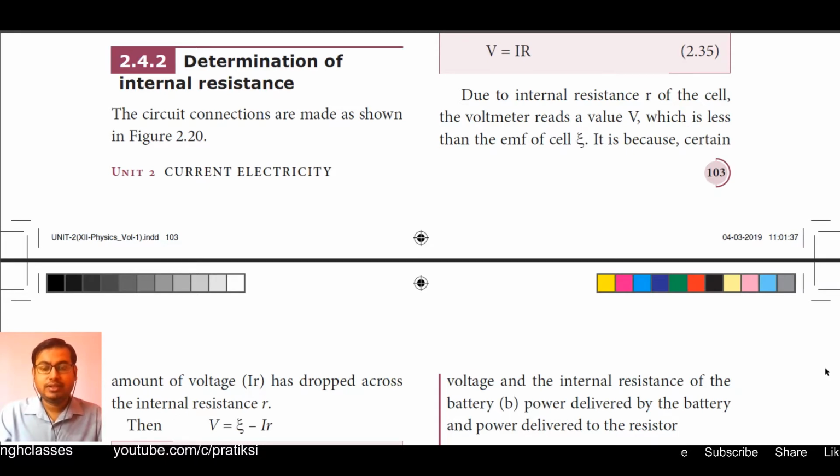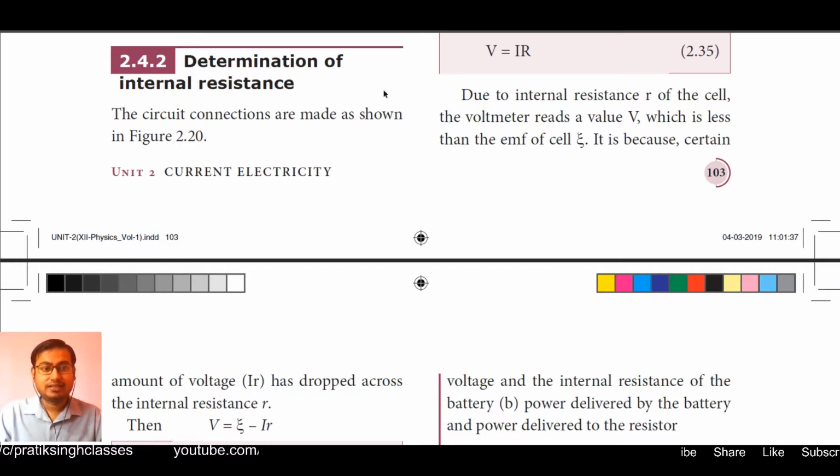We know very well that when current passes through any conductor, the conductor creates a resistance in the flow of current. The flow of current starts from the battery, but even inside the battery there is some internal resistance. Here we will try to find out how to calculate the internal resistance of the battery and what the consequences of internal resistance are. We will also see how to get the optimal use of a battery.